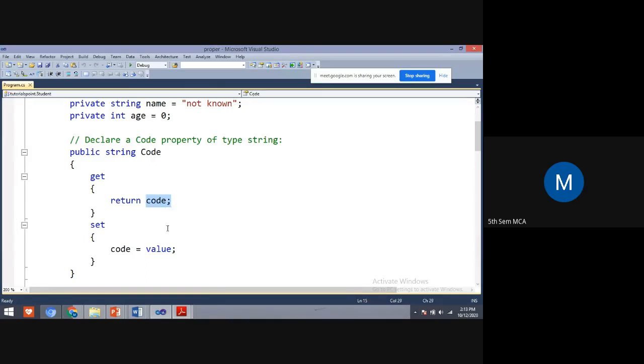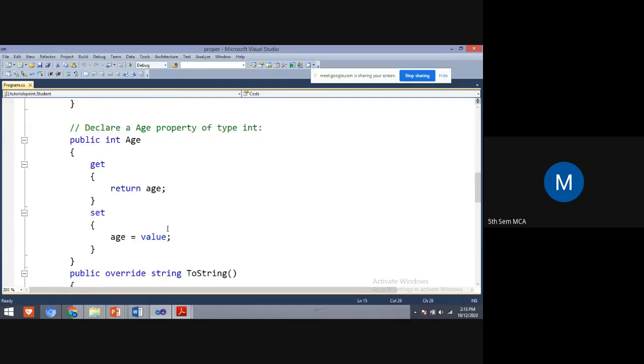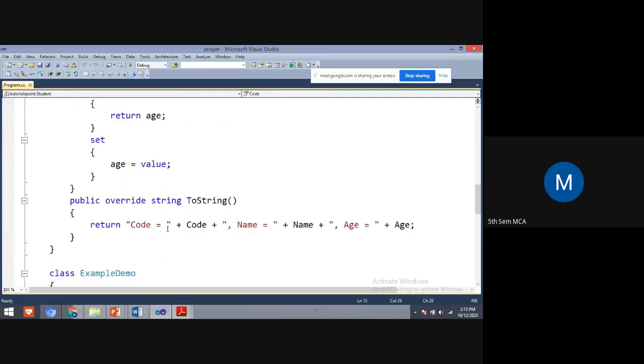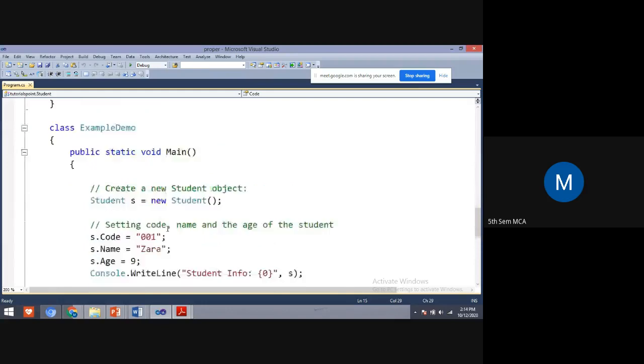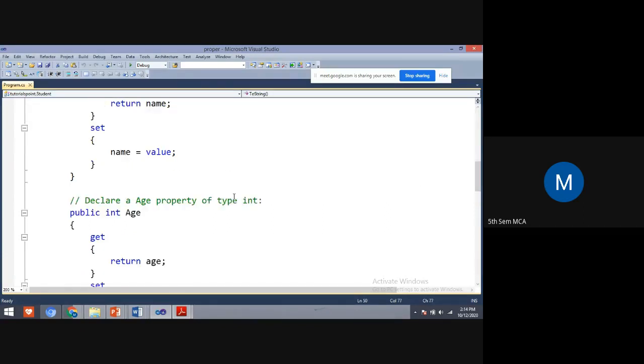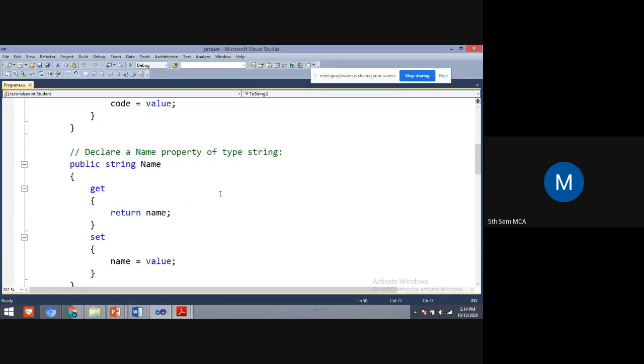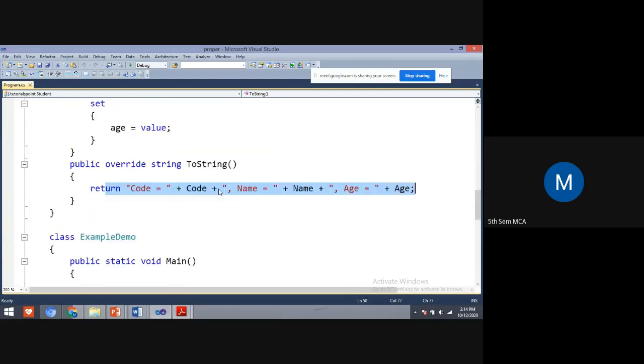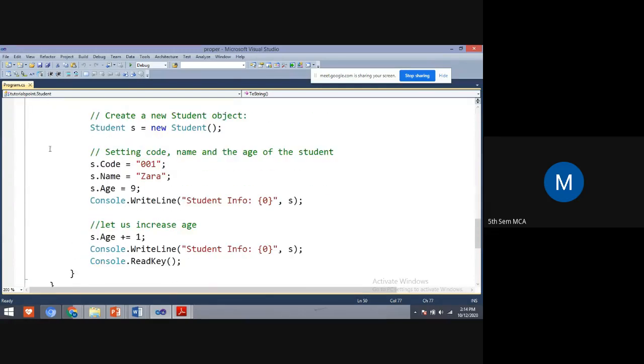The get method is used to return the value. Coming to the main program, I have a string method. In the string method, we are displaying statements with whatever values we are taking here: code, name, and age. Those statements we are displaying here.